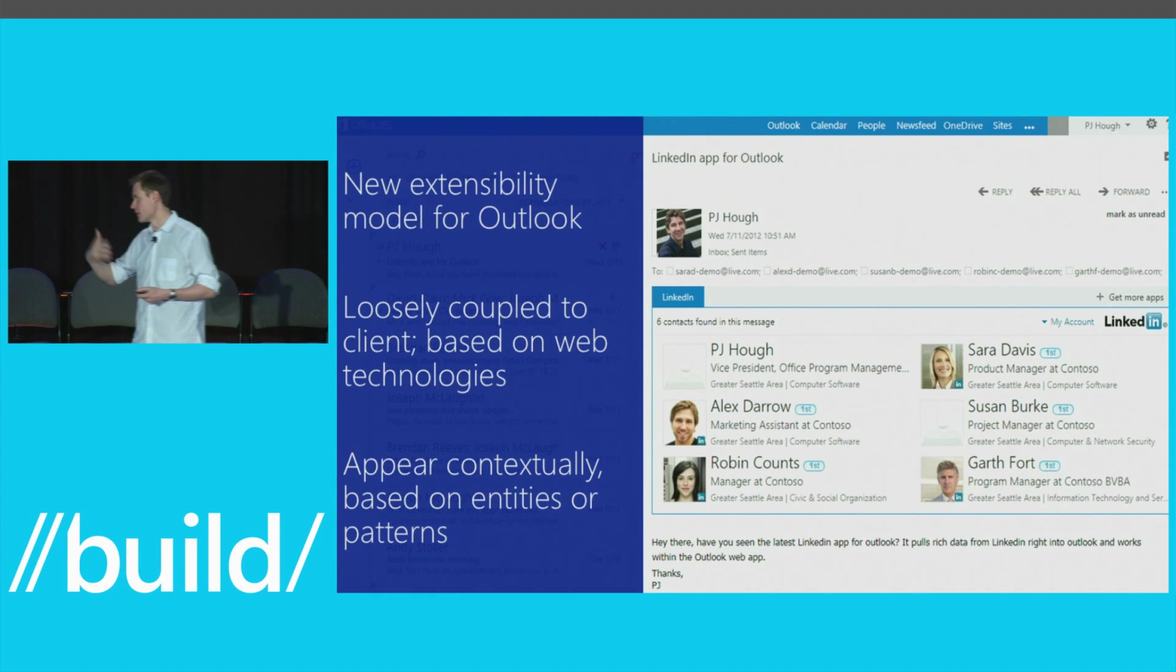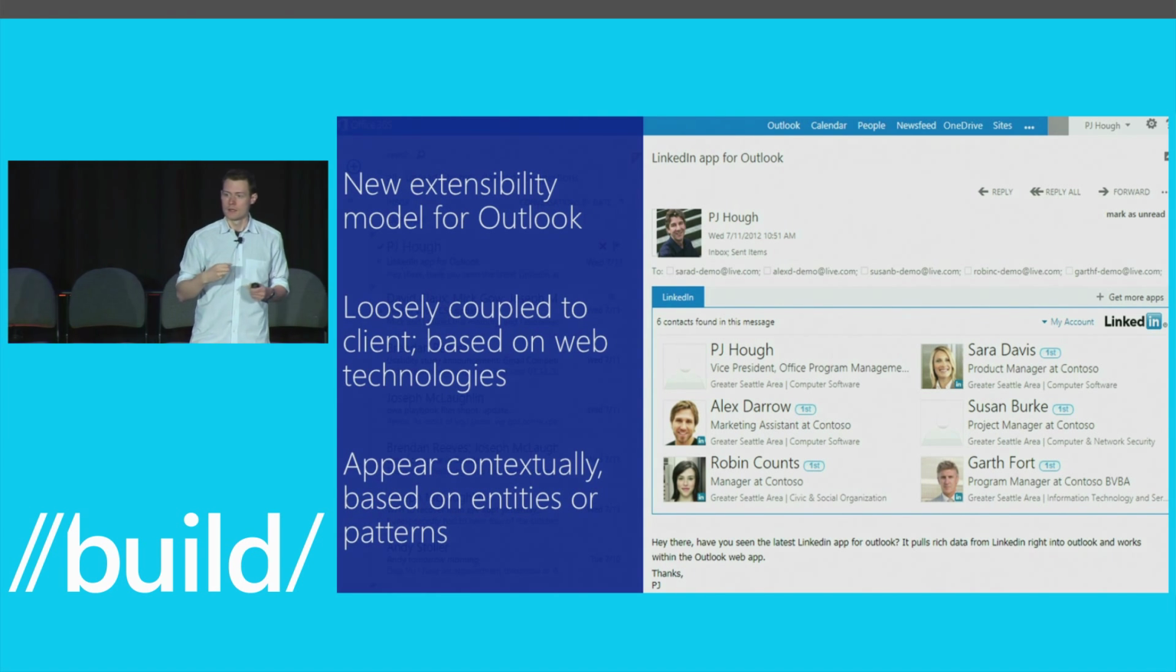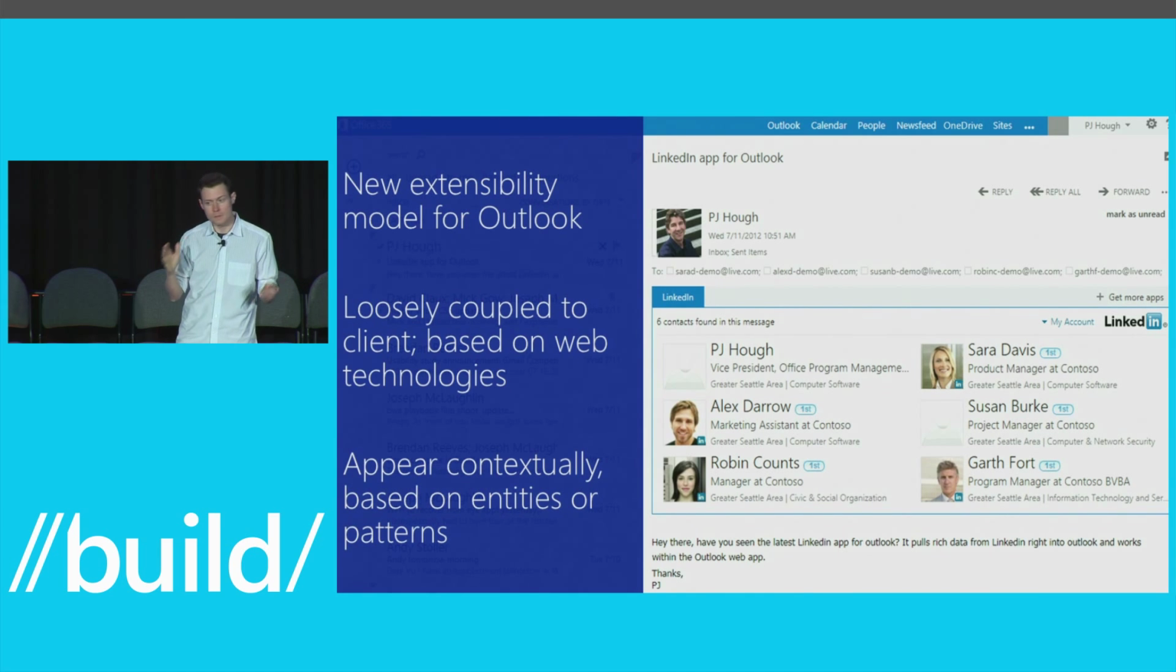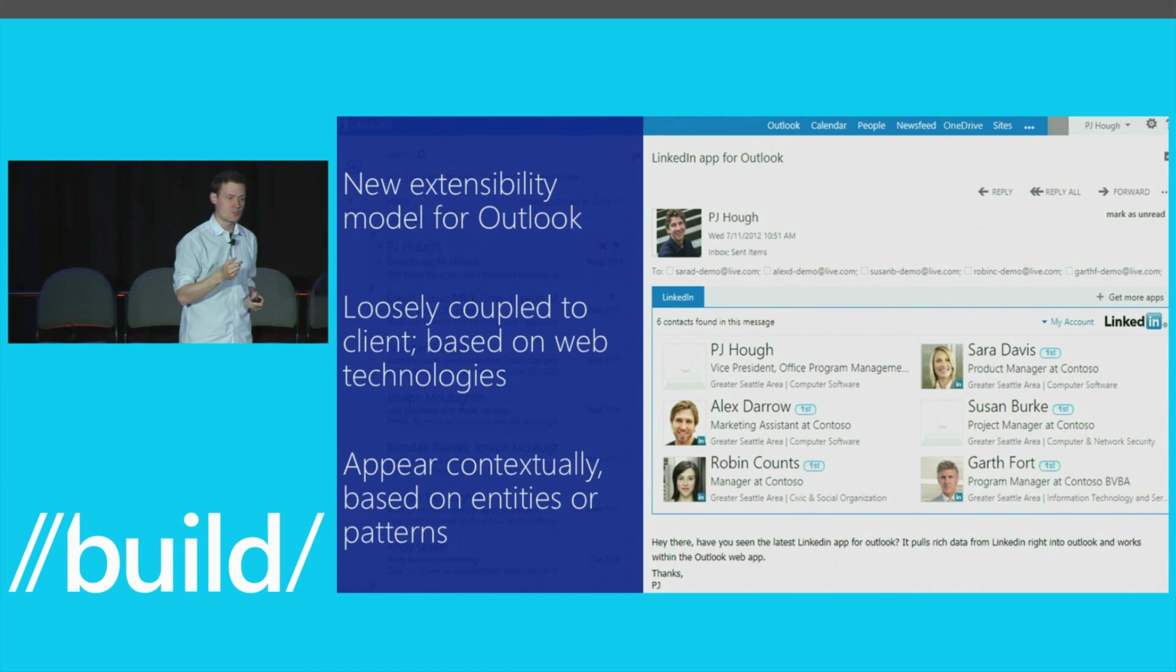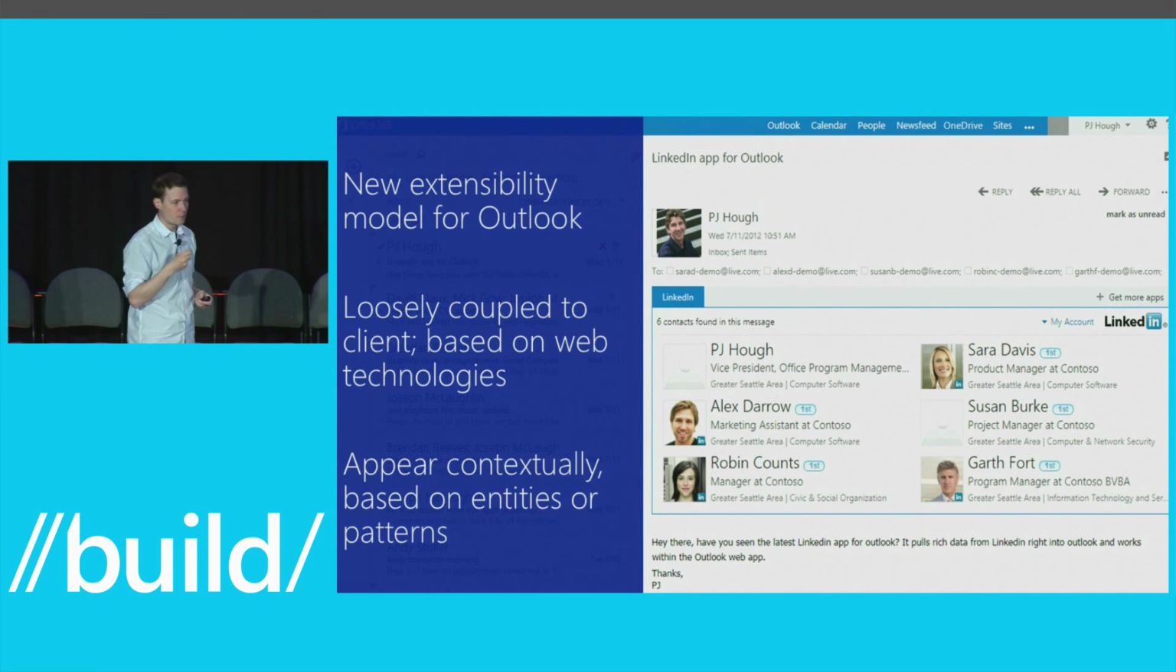And finally, and again, in the version of the platform that we shipped last year, we really stressed this notion that apps appear contextually. Now, there is a whole spectrum of what contextually means. Some apps can appear in every message or appointment. While other apps, and developers can fine-tune these, can appear based on specific entities, such as the presence